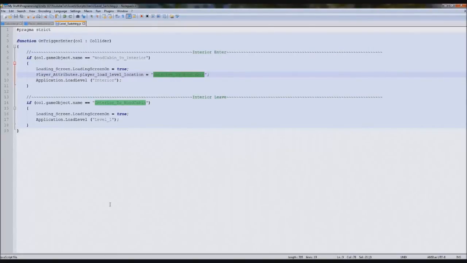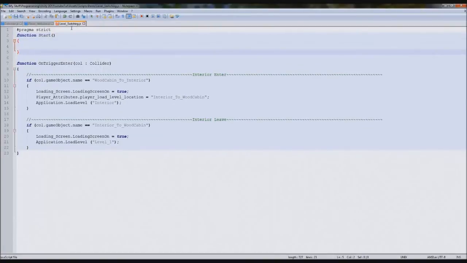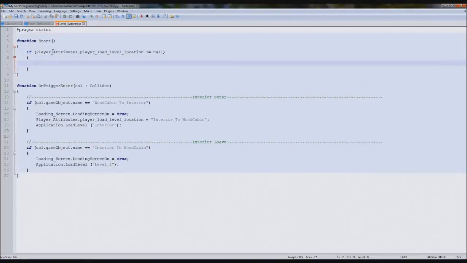Then what we'll do on another script is when the level first loads, which we'll possibly do on this one, function start, if player attributes.player load location does not equal null. In fact, we'll put does not equal two speech marks. We'll put then